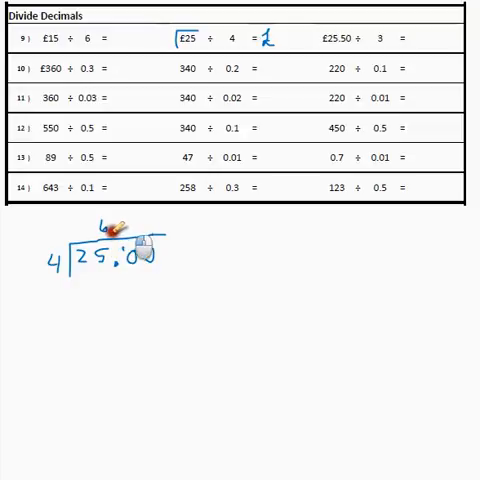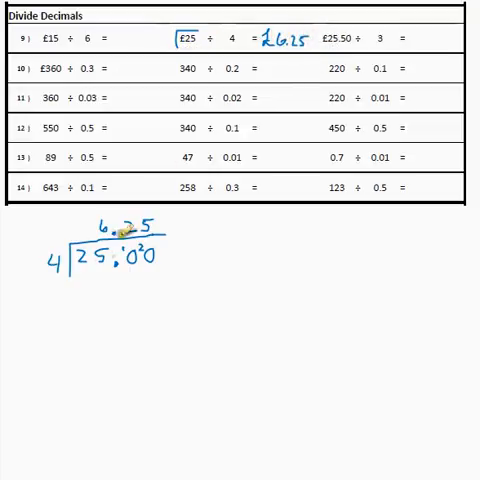And don't forget about your point there, that needs to be lined up with that point. Now 4 goes into 10 how many times? That is twice, isn't it? Because 2 times 4 is 8, and then we have 2 remainder. And 4 goes in 20 how many times? That is 5. Okay, so my answer is